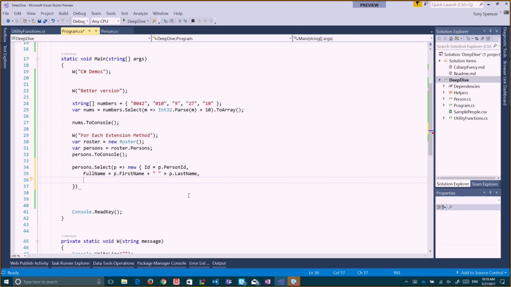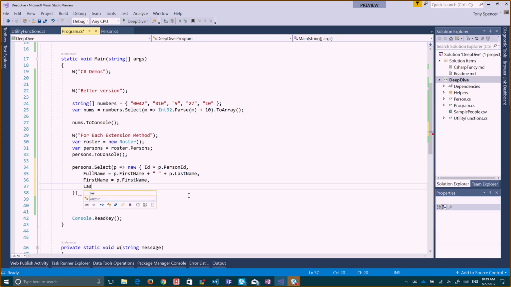And then we'll still need to pass the first name and last name separately because this is going to go to JavaScript, and eventually they'll need to be able to sort by first name or last name depending on what the user wants to do. So that looks good. And then let's output this to the console